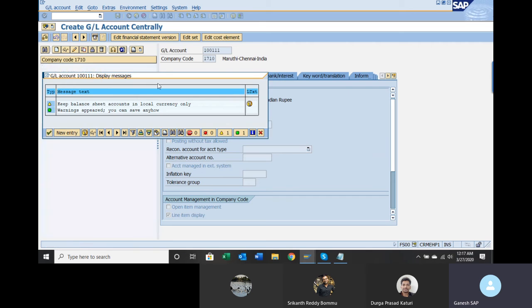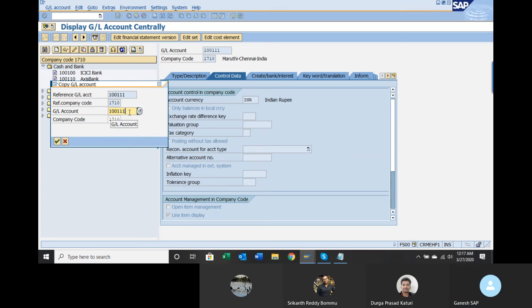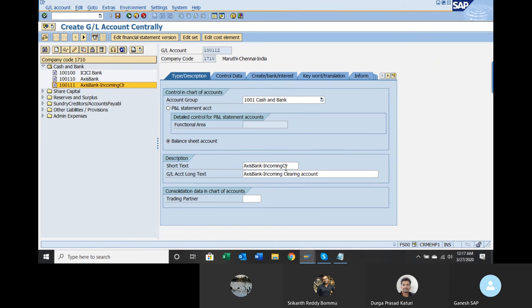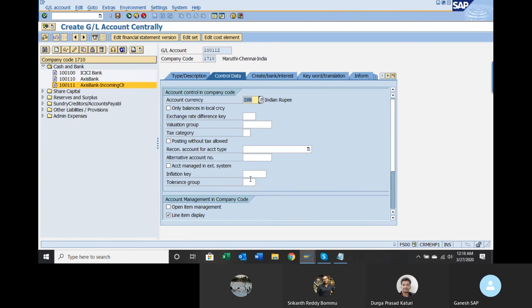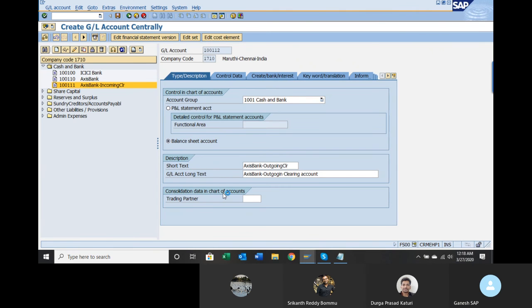One more bank account. Ignore that warning message. One more bank account. Click on copy as 2 for outgoing, not incoming, outgoing. Rest all is same. Save it.